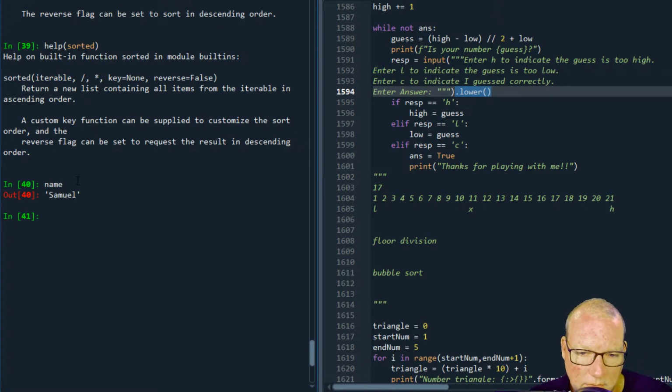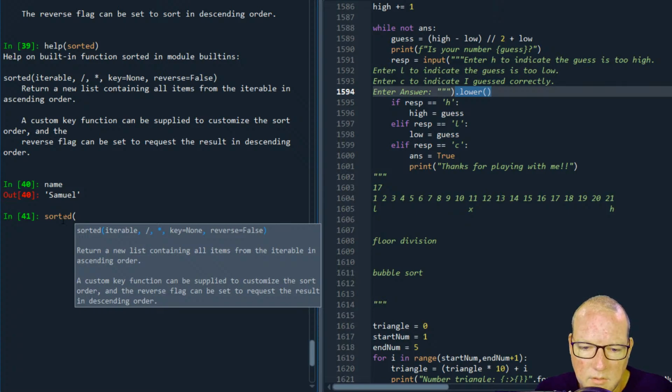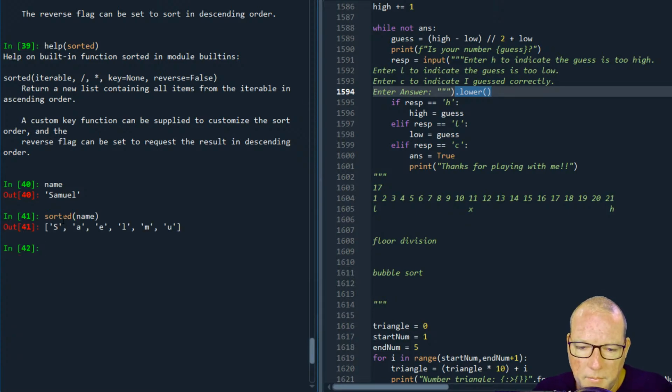Now, Nico, here's a perfect example of sorting. So I'm going to pass in a string, which is an iterable. So check this out. List sorted name. So check this out.